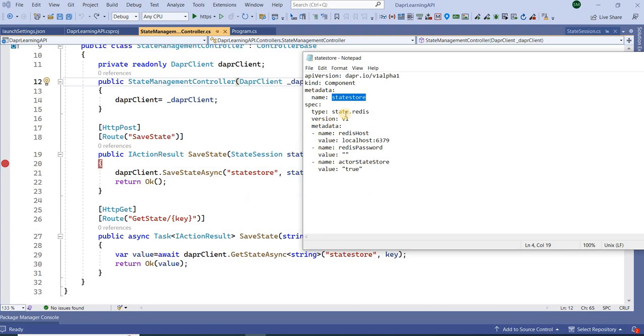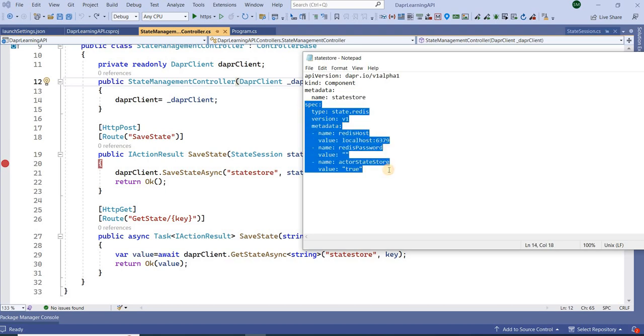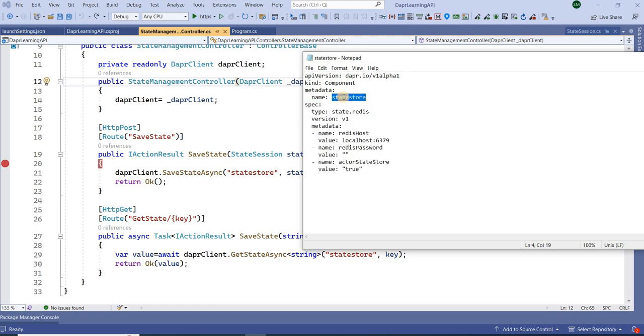It's like a connection string. When we have multiple connection strings defined inside our app settings or web.config file, using that particular key we get the key values. Similarly here, using that particular unique name, our application will pick this particular configuration. That's why whatever name is used here should be used here. Now for this state store, I'm saying that the type is state.redis. This is the predefined keyword. It says that for state management, I will use state.redis, meaning I will use Redis.